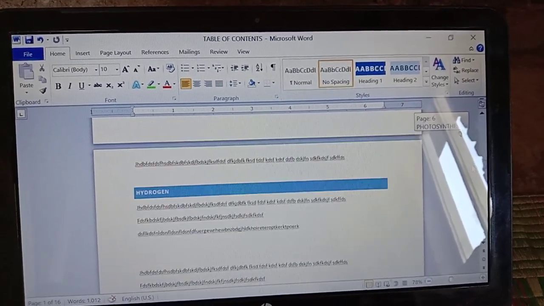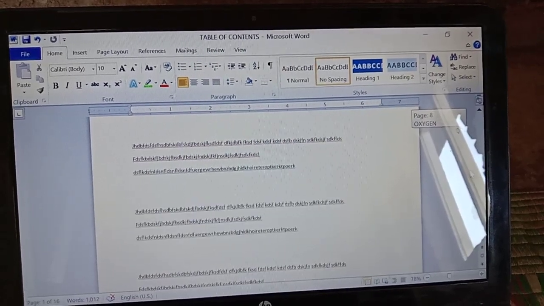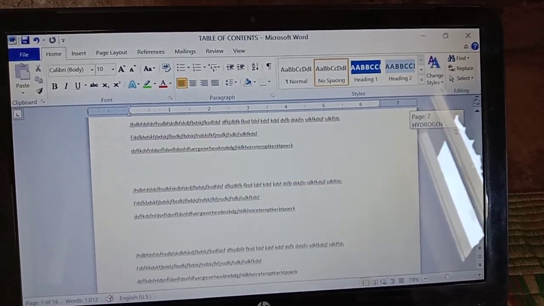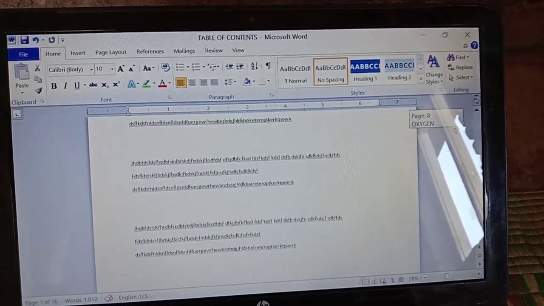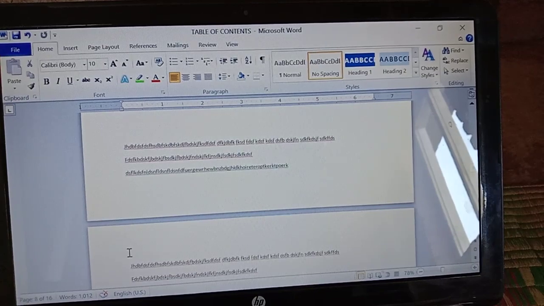Suppose after oxygen here, no heading is there. You observe here: hydrogen, oxygen, and after oxygen, the next page. Now I am adding the next one.